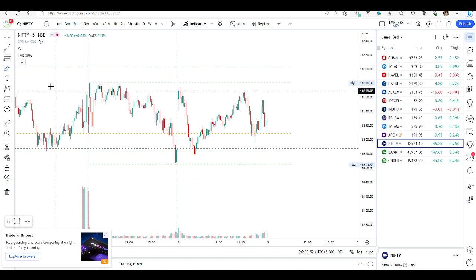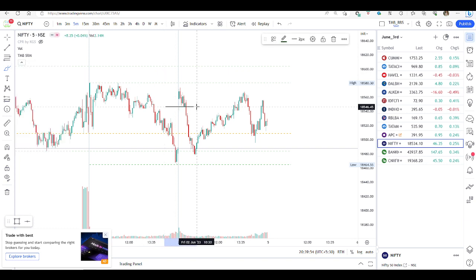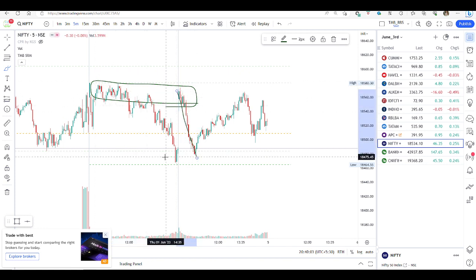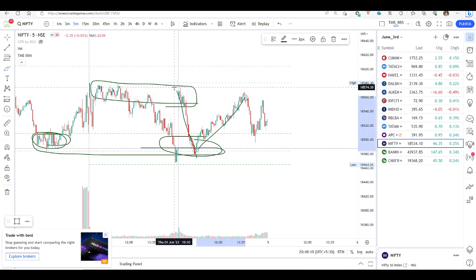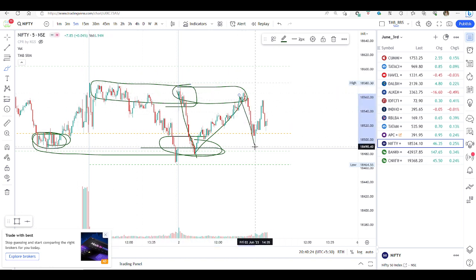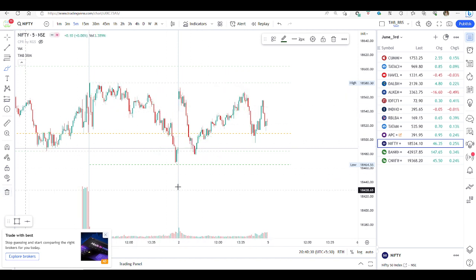If we see, exactly the market opened in this area. Since there is a price action here, this acted as an exact resistance and the stock fell once again. Here also there was a good amount of price action, so this acted as exactly a support region. Whenever the stock touches back, it bounces back to the same area. Again in this area there was a resistance, then it started falling. This was the previous day's price action in the market.